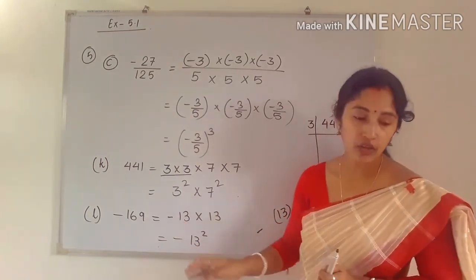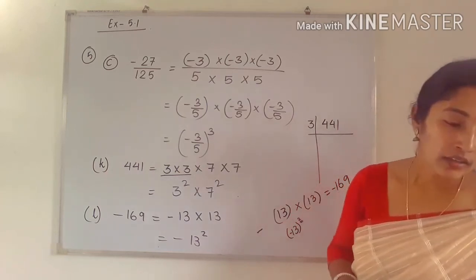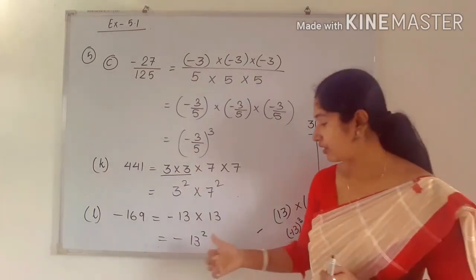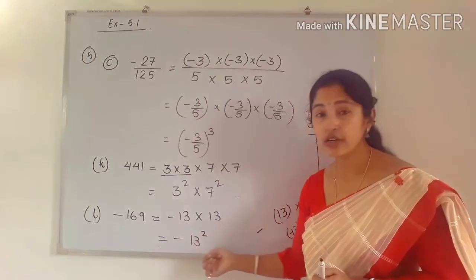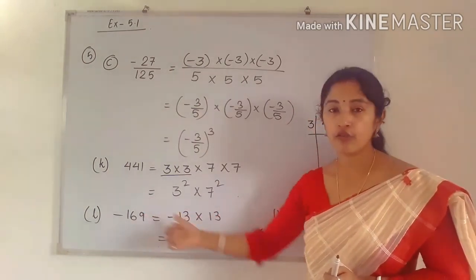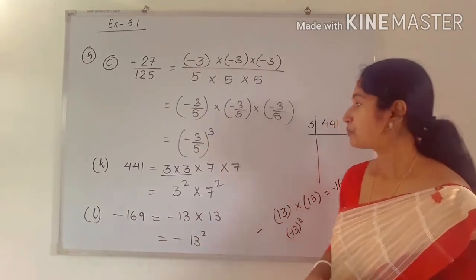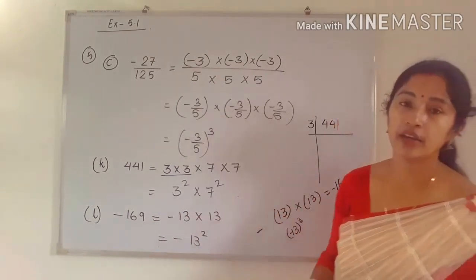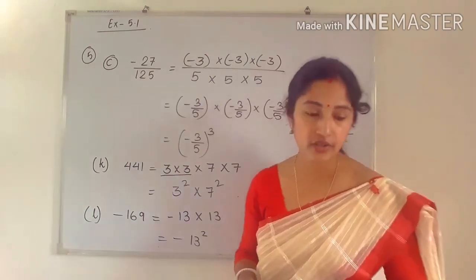Similar question we have done previously also. I think in question number 2. Okay. We have already done it. The power notation was given and we have to find the value. Okay. This is the reverse form of that question. Okay. So like this way you can do the rest of the question. So please try to do it.